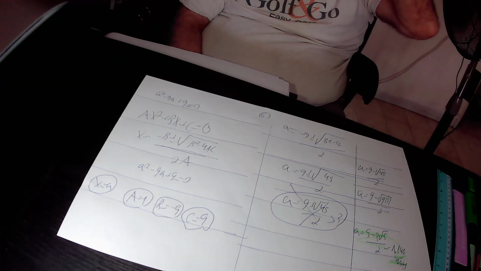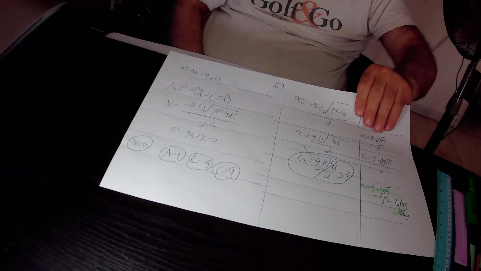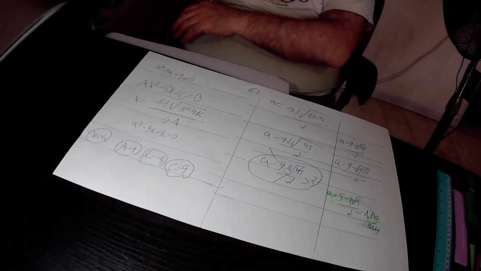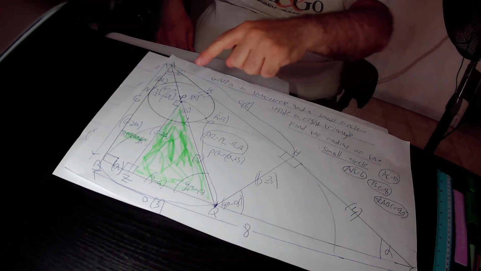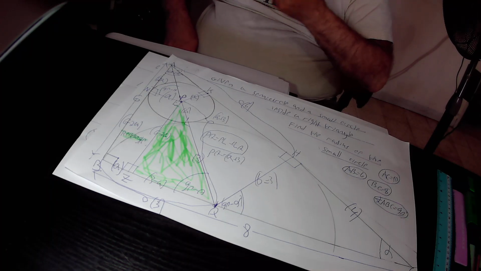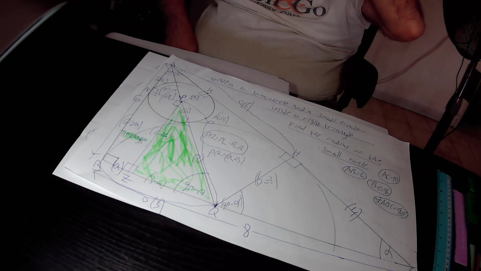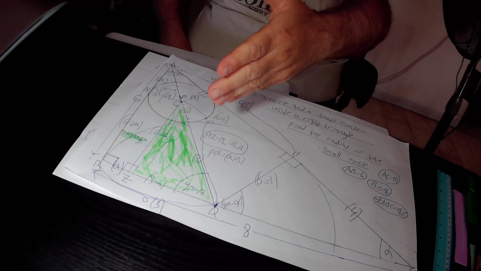So we found out that the radius A of this small circle according to the first solution is greater than 3 units, but it is impossible that the radius A of this small circle will be greater than 3 units. Why? Because the radius of the big semicircle equals 3 units, and the big semicircle is definitely